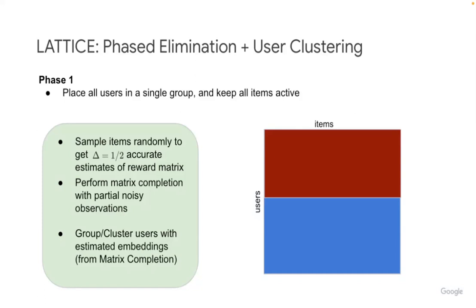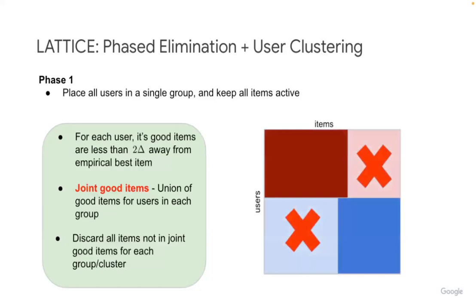Now we also have to make the set of candidate items finer. So what we do now is we zoom into